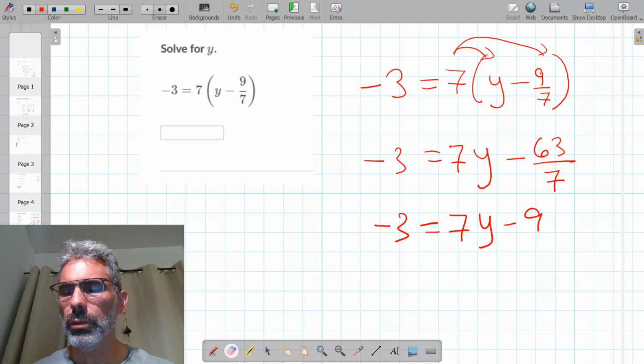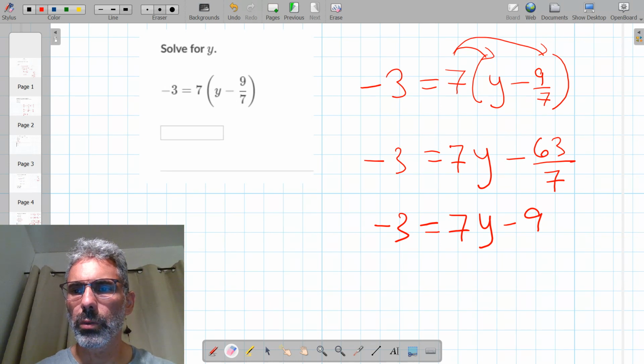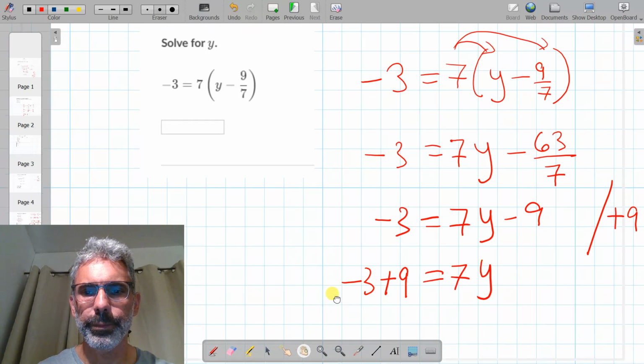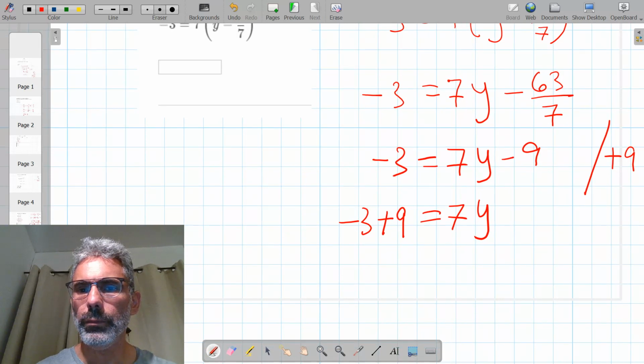Okay, so now we get rid of the minus 9 on the right hand side of the equation, so we add plus 9 to both sides, so minus 3 plus 9 equals 7y. So minus 3 plus 9, one is negative, the other is positive, so the result is the difference between the two. The difference between the two is 6, and the result is positive because 9 is greater than 3,